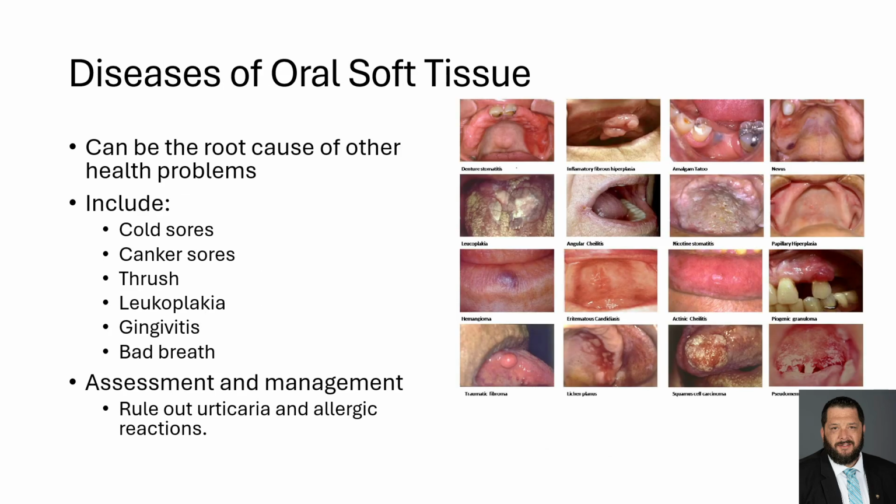Other diseases of the oral soft tissue: you can see here a number of common diseases, including things like cold sores, canker sores, leukoplakia, gingivitis, thrush. And assessment and management for these patients is predominantly the ruling out of urticaria and allergic reactions. This is why we stress the importance of an assessment for these patients, as we want to make sure that the symptoms that you are seeing aren't a presentation of a more life-threatening underlying cause, such as anaphylaxis or an